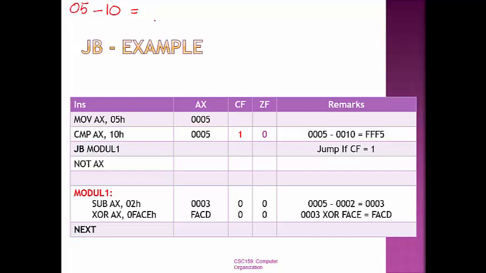Minus 10. In the calculator, when you press 05 minus 10, you will get F5. This is the value you will get once you use the calculator to calculate 05 minus 10. But what we look at is only the 4 digits to get the value of the flags. Since we want to look at the carry flag, for jump below the condition is if carry flag equal to 1. So how do we identify the carry flag if the answer is more than